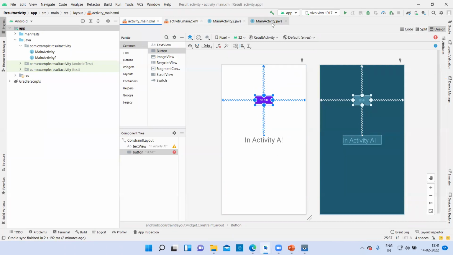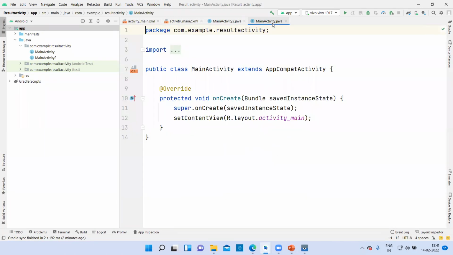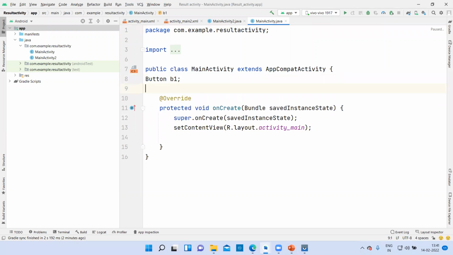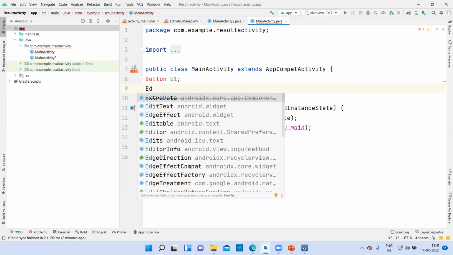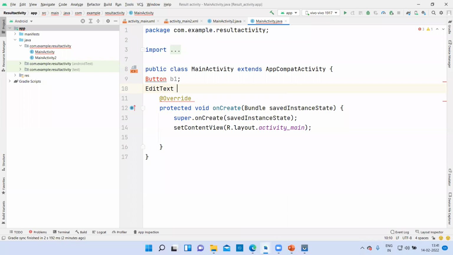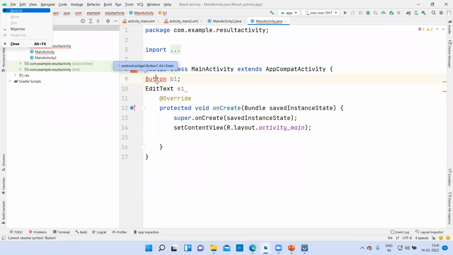Now let us write the Java part of the first file. So it is like this. Now, first of all, you will find the edit text and the buttons. So write on button B1 and edit text E1. Now let me import it. Alt plus enter.